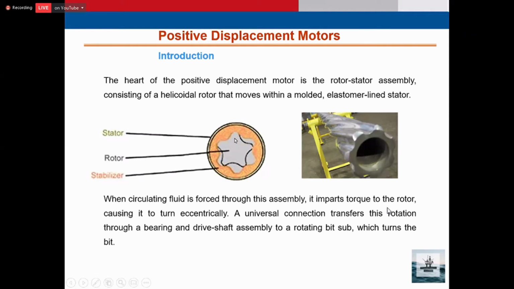As we see in this figure, the rotor is the solid one. It's called the rotor. It is the solid one. This is the pipe. This is the rotor. The stator is outside. So the drilling fluid, or the mud, enters between the rotor and the stator and allows the rotation that drives the power for rotating the bit, the drill